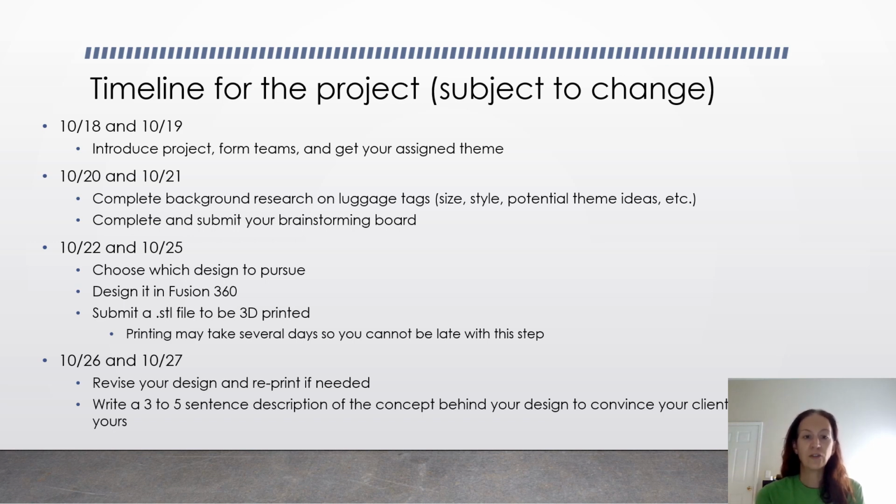And then the 26th and the 27th, revise your design and reprint if needed. I'm really hoping we don't have to do a lot of reprints. I'm not going to be able to do 30 reprints, but if there are a couple of teams that have an issue that you can fix that might make the difference between winning and not winning, then we'll try to get that done. And you will write a 3 to 5 sentence description of the concept behind your design to convince your client